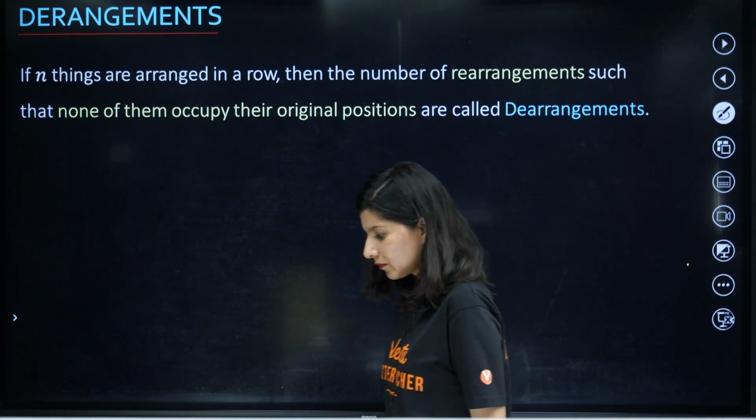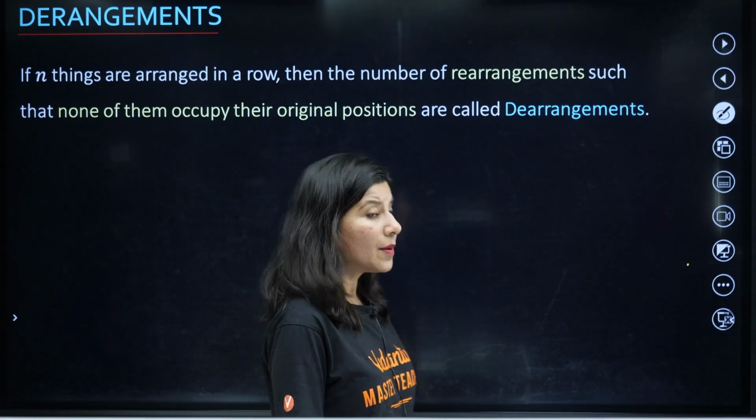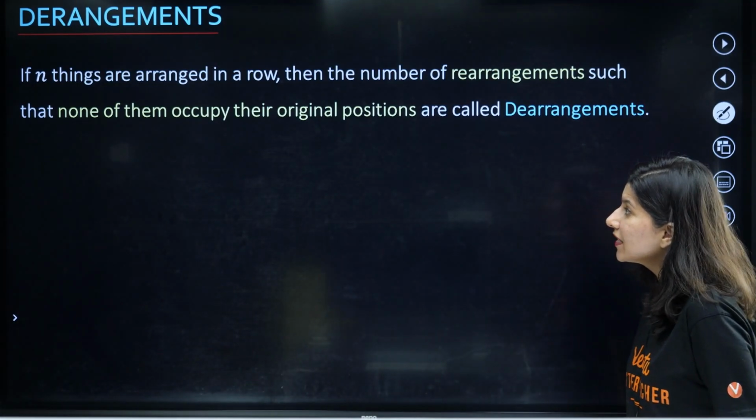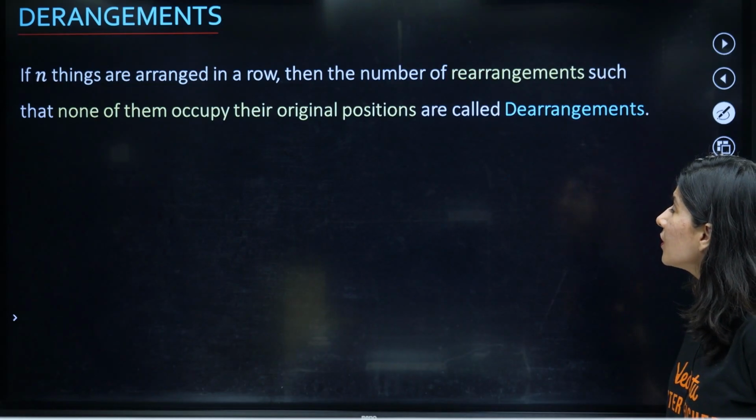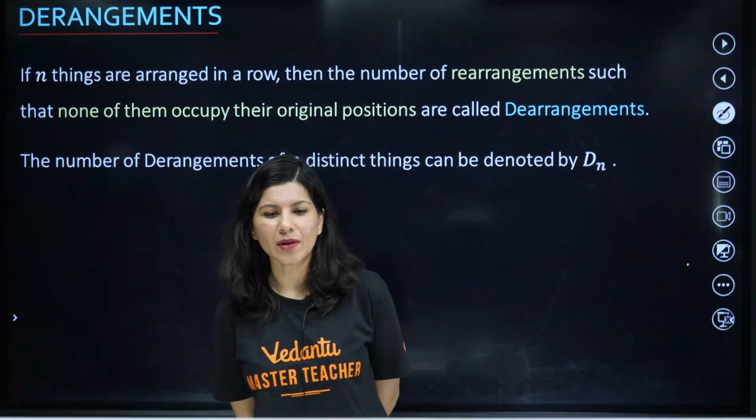Derangements. If n things are arranged in a row, then the number of rearrangements such that none of them occupy their original position is called a derangement. So derangement is nothing but,